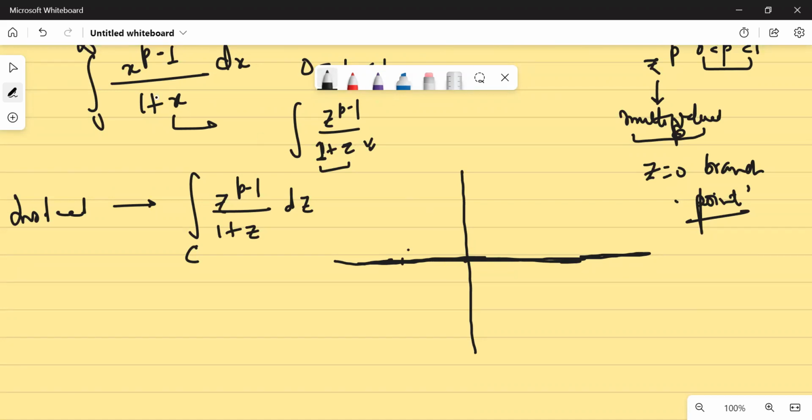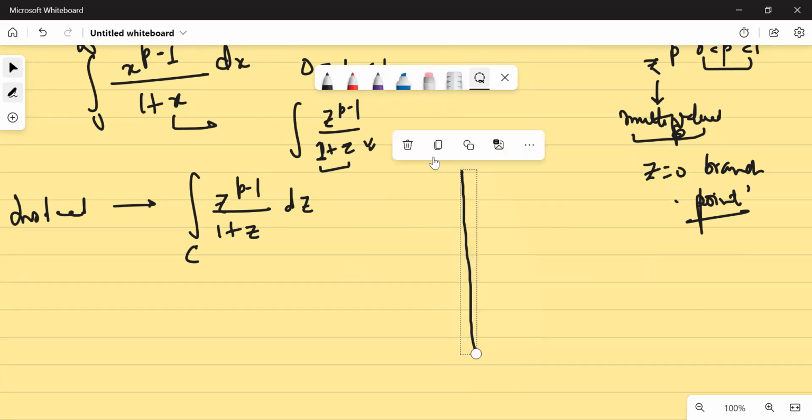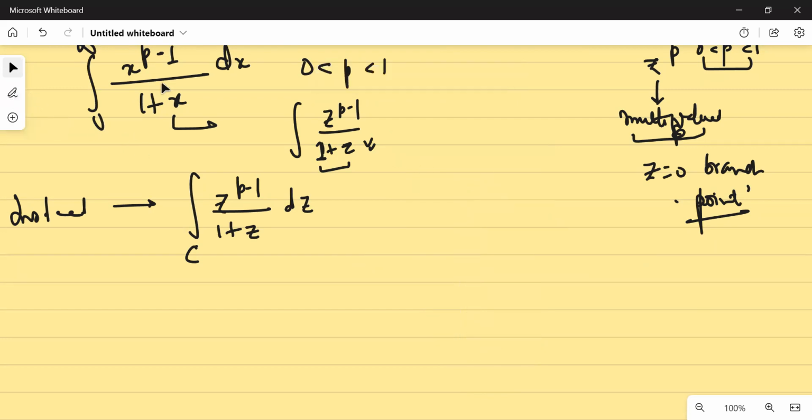Further, if I'm saying that I have a branch point, then I will have to draw a branch cut also. Is that clear? I will have to make a branch cut also. ये चीज समझ में आई कि ऊपर से चलेगी दोनों बातें? भैया वापस बोलो ना। देखो, इस इंटीग्रेशन को रिप्लेस करेंगे हम z की पावर p माइनस वन अपॉन वन प्लस z dz। Okay, now p lies between zero and one, so obviously p minus one